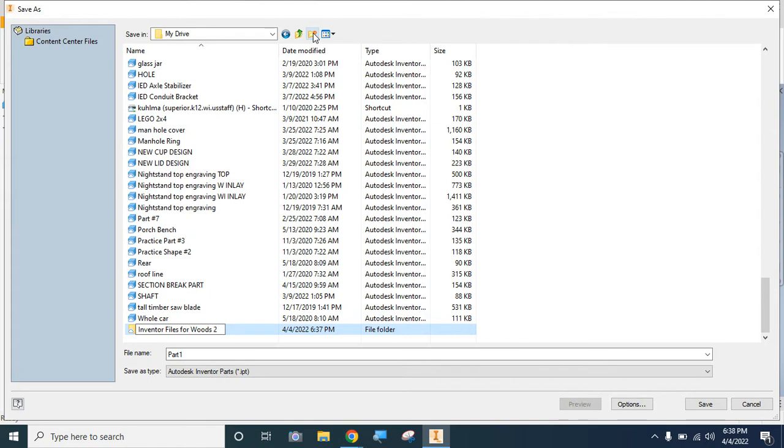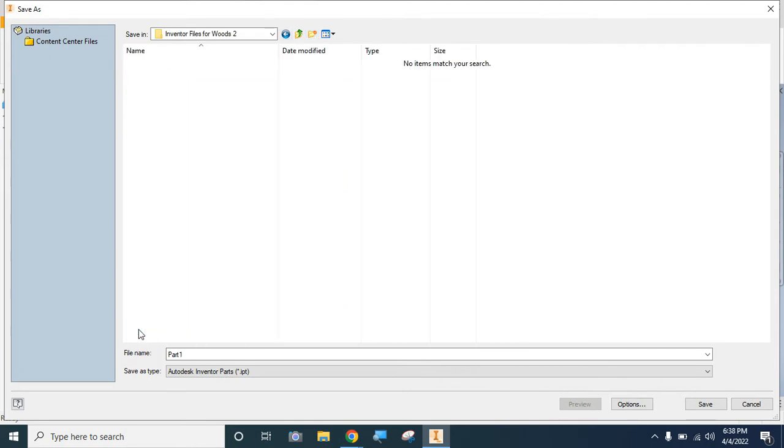Right? And then hit Enter. Then I'm going to double click this folder because I want to open it up and save something in here. The other thing I always tell students, Inventor doesn't give very good part names or very good file names. This one's called Part 1 right now. That's not super descriptive. Once you've got more than 1 or 2 files to keep track of, it's going to